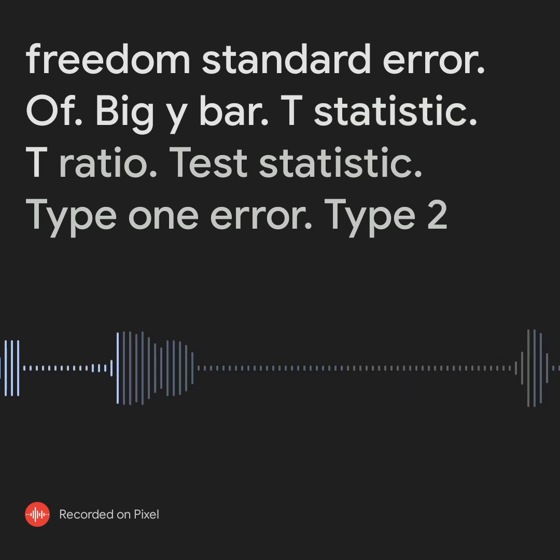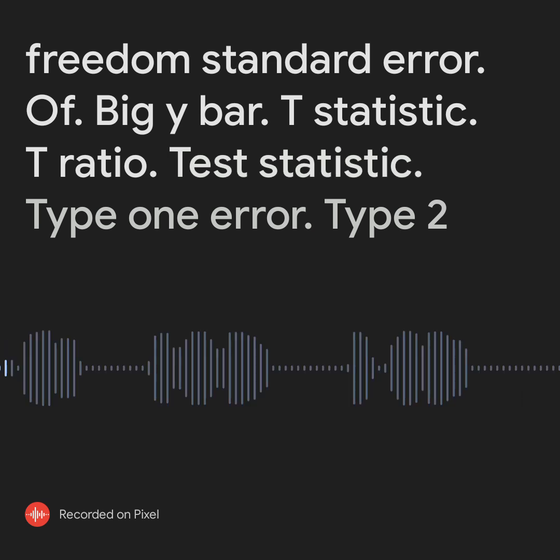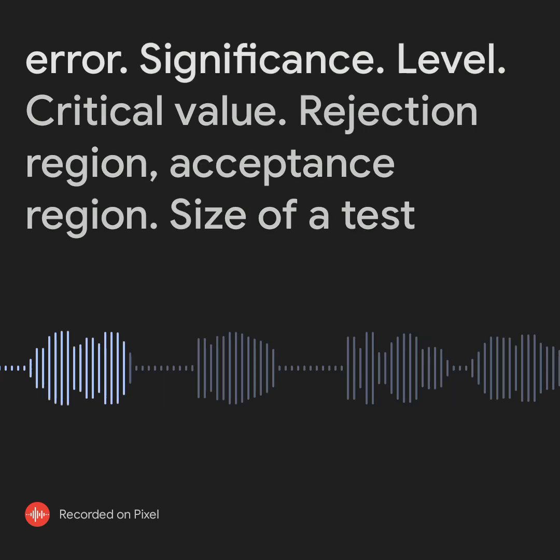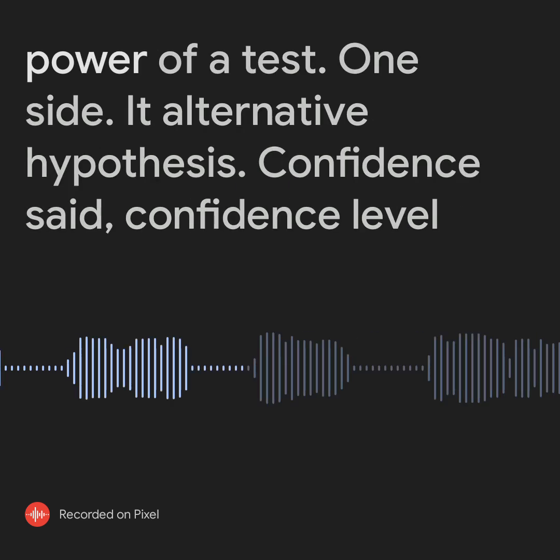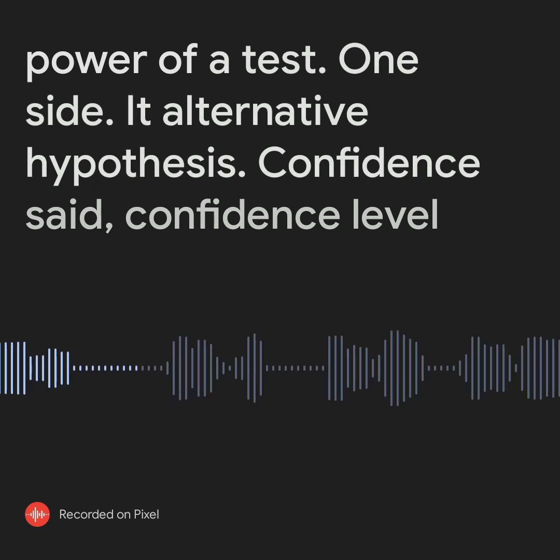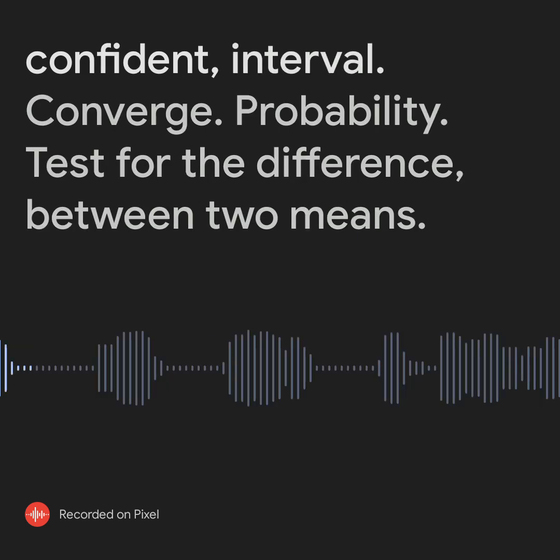t-statistic, t-ratio, test statistic, type 1 error, type 2 error, significance level, critical value, rejection region, acceptance region, size of a test, power of a test, one-sided alternative hypothesis, confidence set, confidence level, confidence interval, converge in probability, test for the difference between